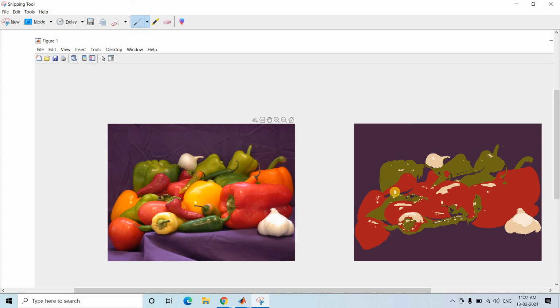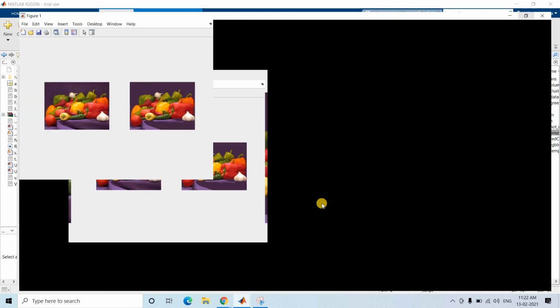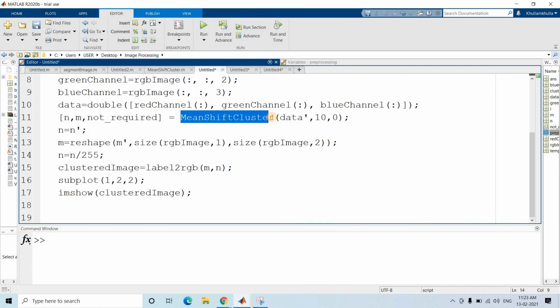And this is all about our mean shift clustering. The idea is completely same as we have discussed in our k-means algorithm. Just instead of k-means function, you have to use this one. Don't forget to transpose the data and send that. And in k-means, first output parameter is index, and second one is basically my cluster center pixel intensity. But in this particular user defined function, first one is cluster center pixel intensity, which you must transpose before using, and the second one is the index values, right? This is what changes you need to keep in your mind.